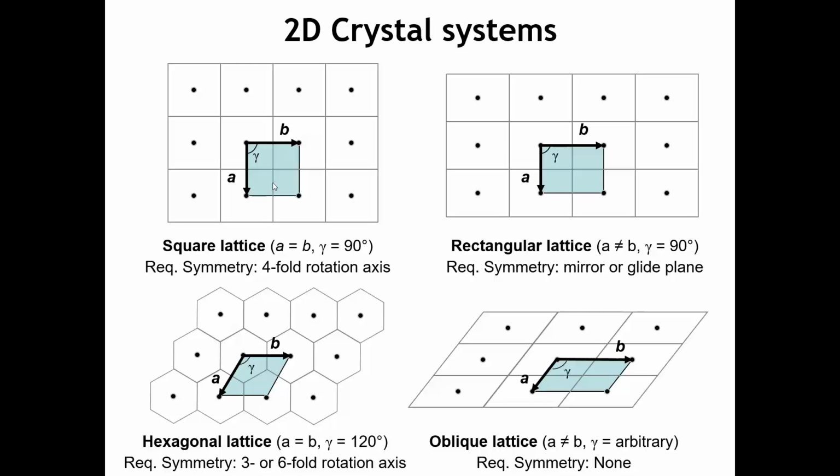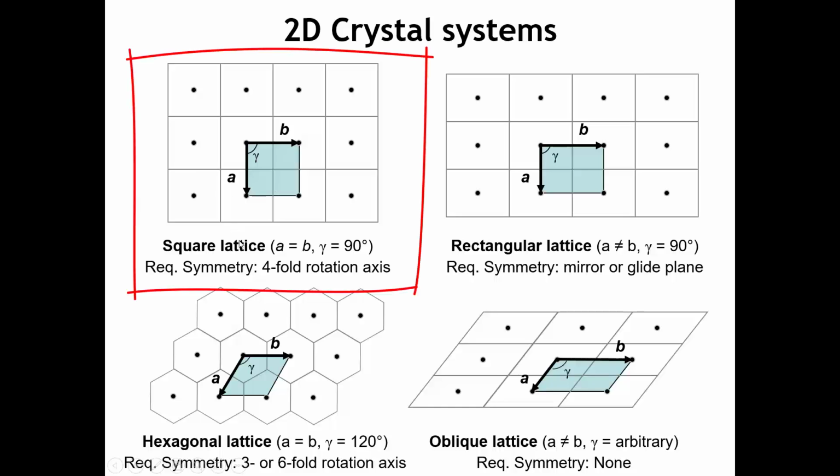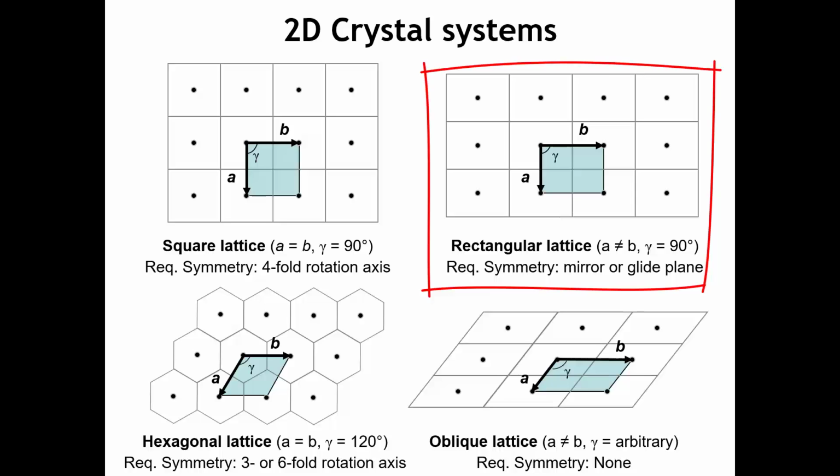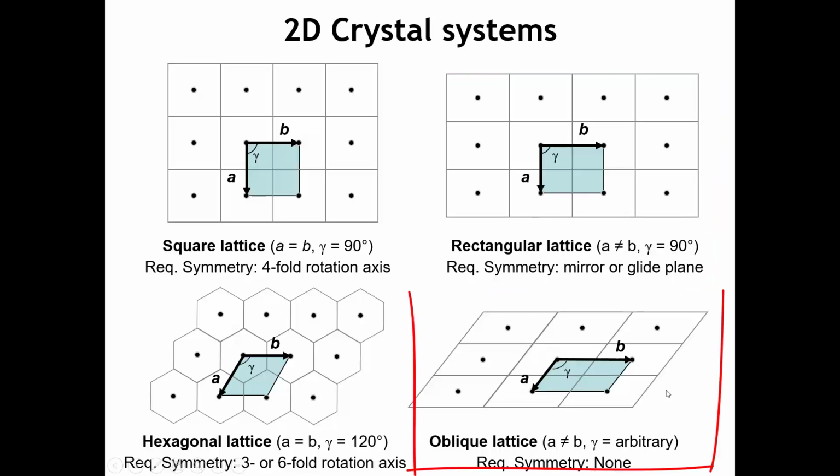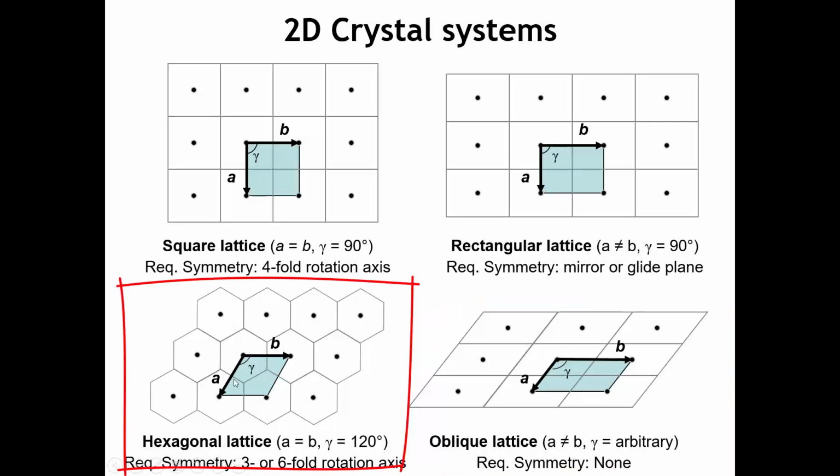And so now we're ready to say what are the unit cells and their shapes and the relationships between the unit cell vectors for these 2-dimensional crystal systems. So here we see the square lattice, where the unit cell is a square. A and B are equal, and the angle between them is 90 degrees. They're at right angles to each other. We see the rectangular lattice, which is similar, 2 vectors that are perpendicular to each other, but the vectors themselves now are no longer necessarily of the same length. We can see this oblique lattice, it's called, which has a unit cell that's an arbitrary parallelogram. So A and B are not necessarily equal, and gamma can be anything. It's not limited to a specific value. And then we have the hexagonal lattice that we just talked about. And here, A and B are equal to each other, and the angle between them, as shown here,